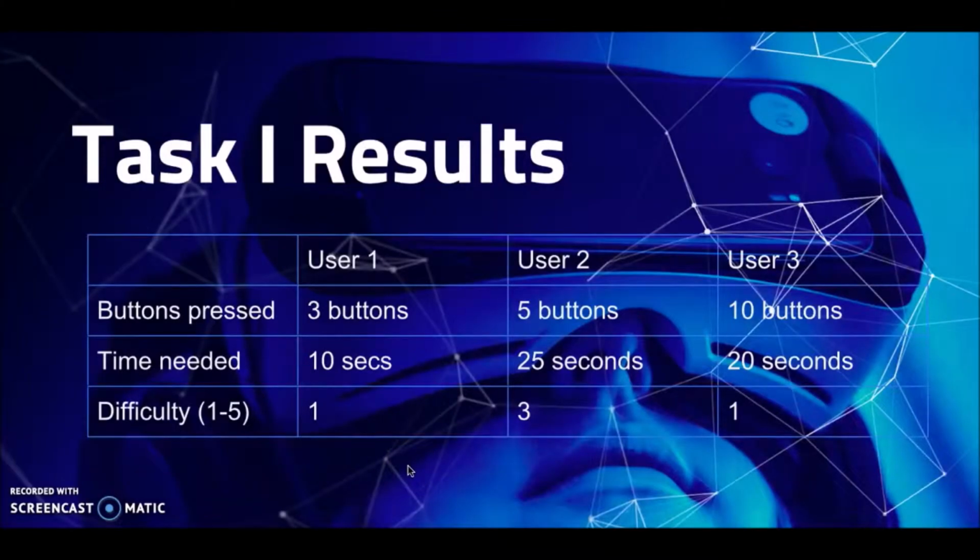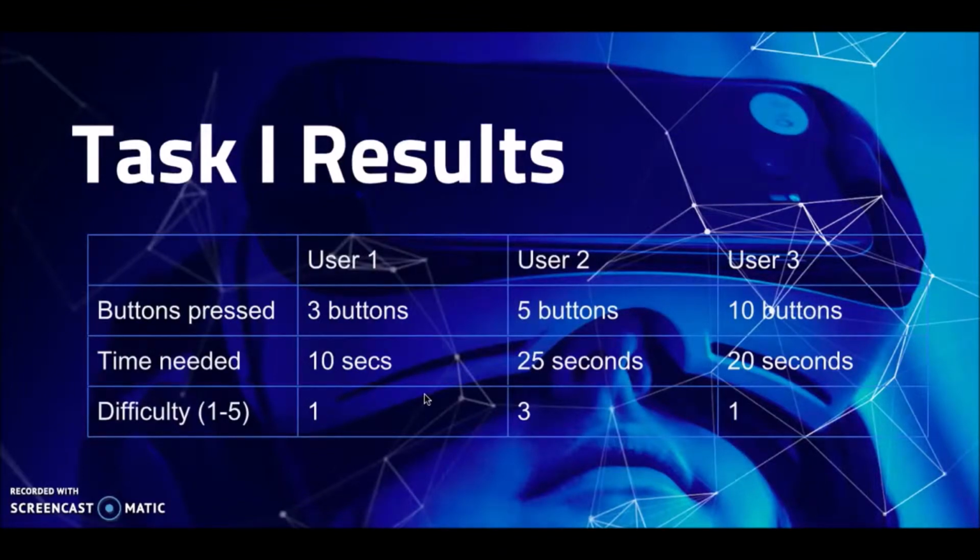The first parameter we tested was how long it took for the participant to complete the task. This was a quantitative parameter that we used, and we chose this because we wanted to test the efficiency of the alarm clock. The second parameter that we tested was the number of times buttons were pressed,